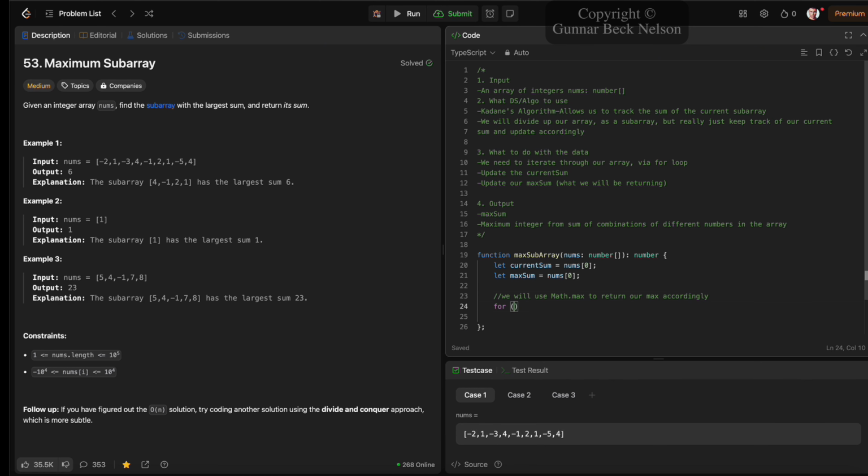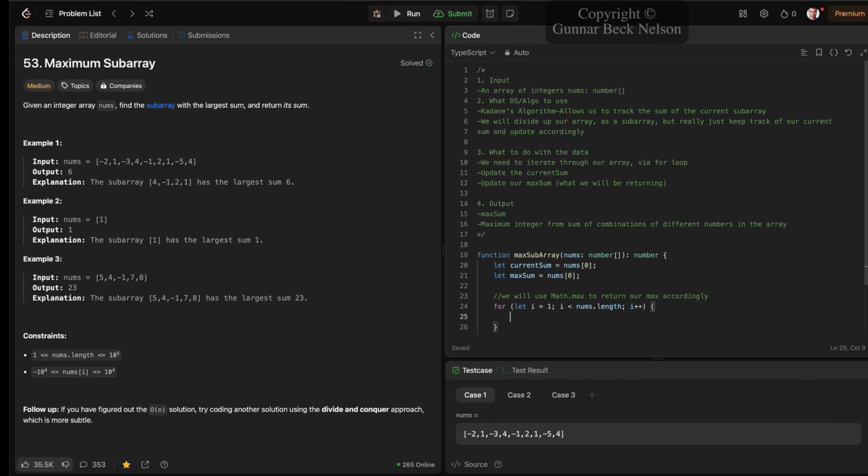So for let i equal 1, starting with 1, because even though we may be starting with 0 to begin with, the reason why we start with 1 is that we're trying to determine exactly what's going to be our next iteration, so we can be able to add up our following numbers directly inside of the array. So i is less than nums length,